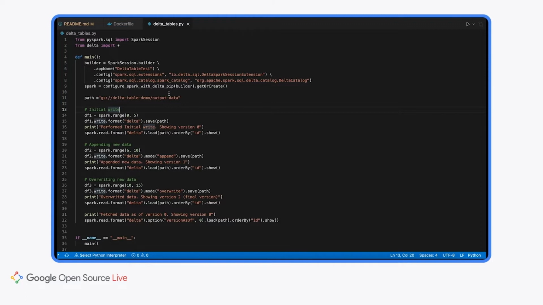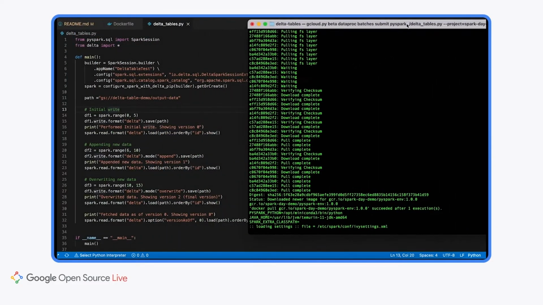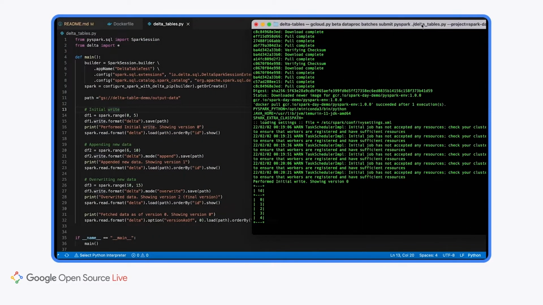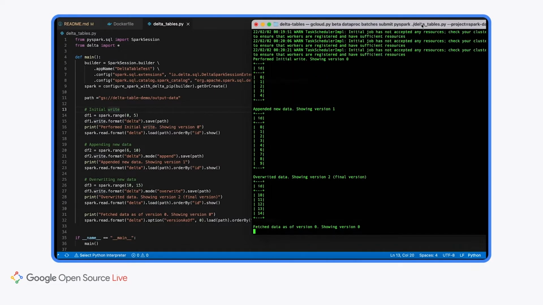We are reading out our Delta table for version as of 0. That means we are going back in time and getting the original version of the data. And this is one of the main functionalities of Delta tables. You have the transaction logs as a single source of truth that allow you to go back and forth to different versions of your data, in case anything goes wrong, in case you want to check what happened, and so on. So here we see the output of our job.